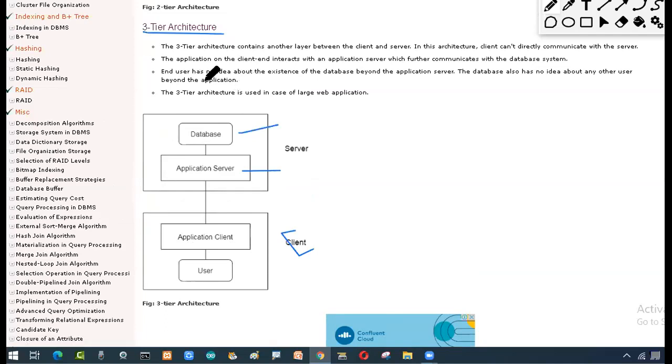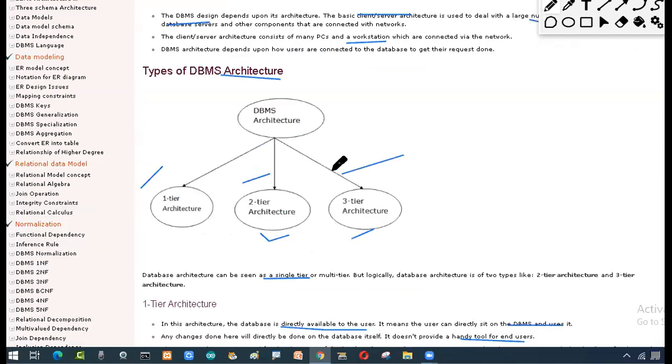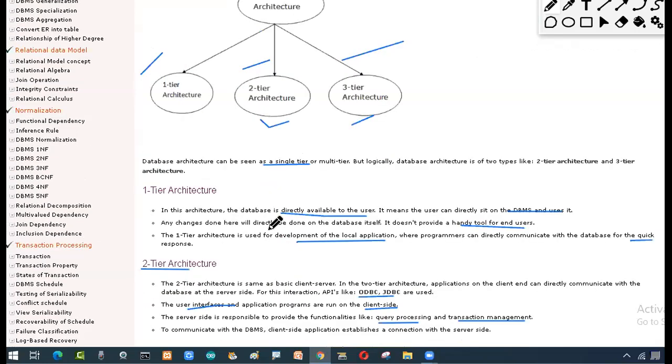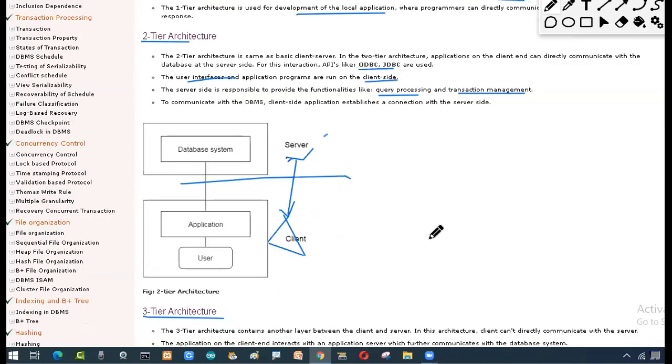Then why are we going with this concept? Because I don't want the user to know where the data is coming from. The user should not have an idea about where the database exists. In the first case, I am able to know where it is, because my system itself has the server and the client, so the database is on my system. In the second case, I am able to trace it, because the user can know where the server is, somewhere in Nizamkola, somewhere in Bashirwa, somewhere in Hayat Nagar, something like that. So I can trace it out.